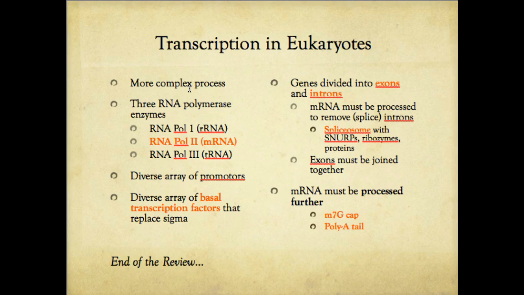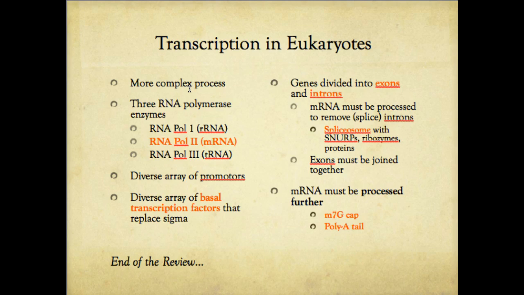It's RNA polymerase II that's responsible for transcription of mRNA. There are other versions of the RNA polymerase enzyme, including RNA polymerase I, which transcribes rRNA, and RNA polymerase III,